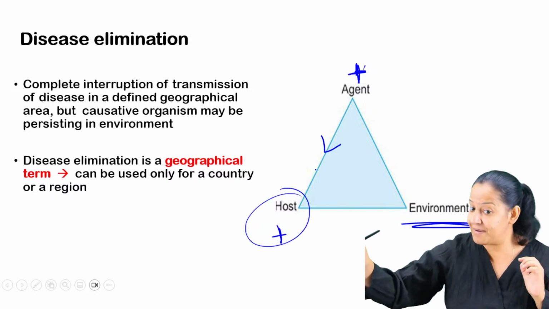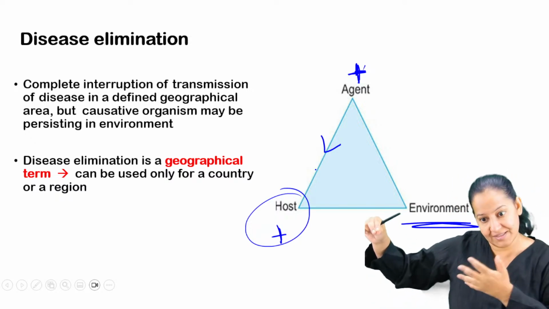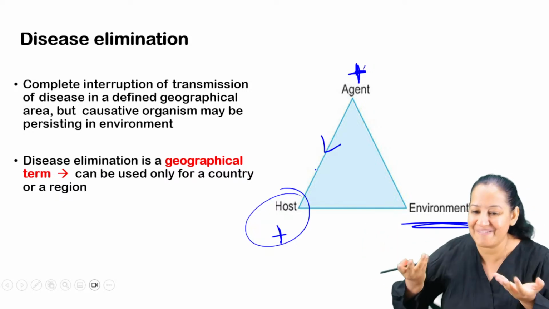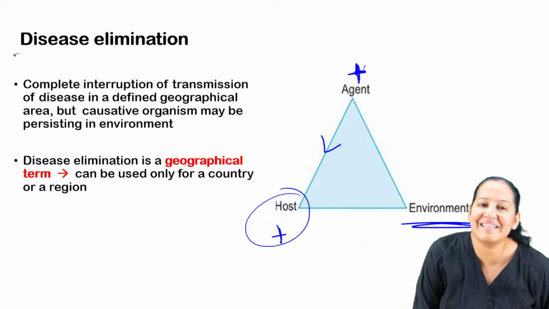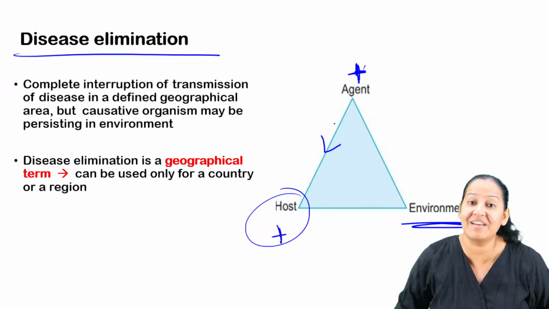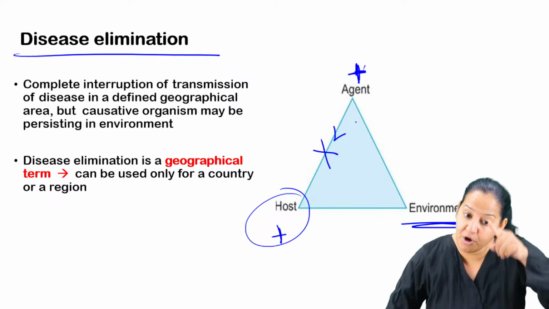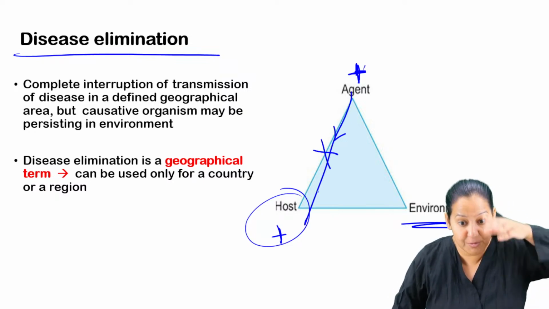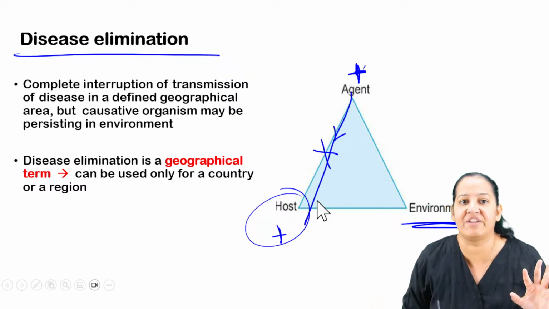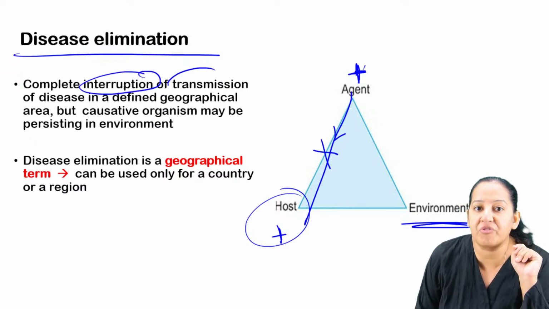So there is bacteria present in the environment. Virus, parasite, fungus, they are present. But they cannot enter me. So I will not have the disease. So I will say the disease is eliminated. So this is the definition. Here the transmission is interrupted. The transmission of agent to host, this transmission is interrupted. This is the definition. So interruption of transmission